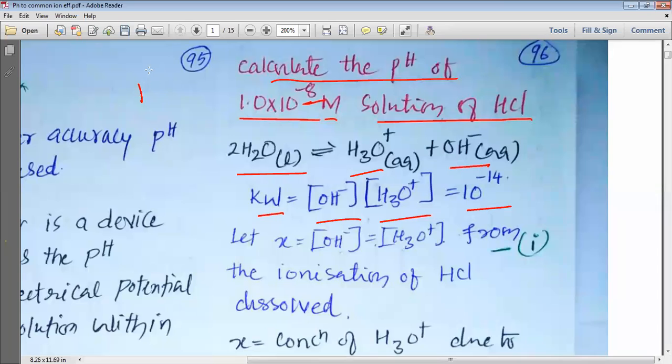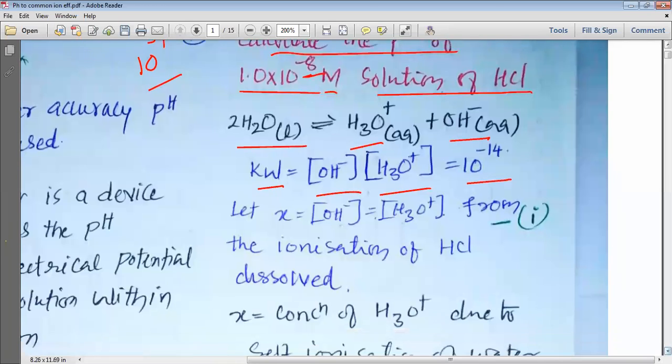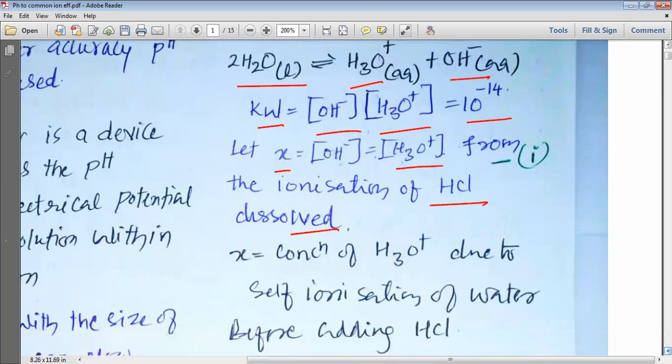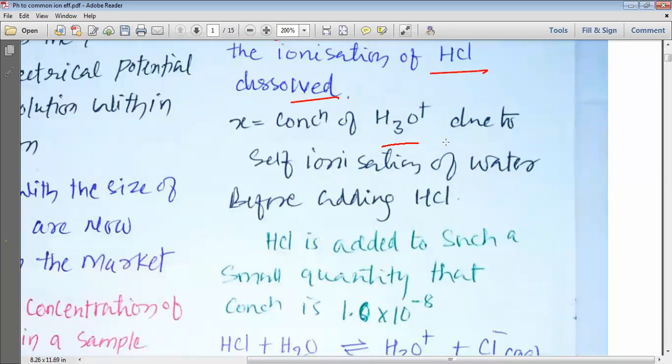Generally, when you have a concentration of 10 to the power minus 7, you can say it's neutral. But here it is actually on the basic side, because it is 10 to the power minus 8. That is what we have studied in the pH scale. So here, my dear students, X is equal to OH minus concentration is equal to H3O plus concentration. So let us say the concentration of OH minus and H3O plus is from the ionization of the HCl dissolved. Now what is your X? X is equal to the concentration of H3O plus